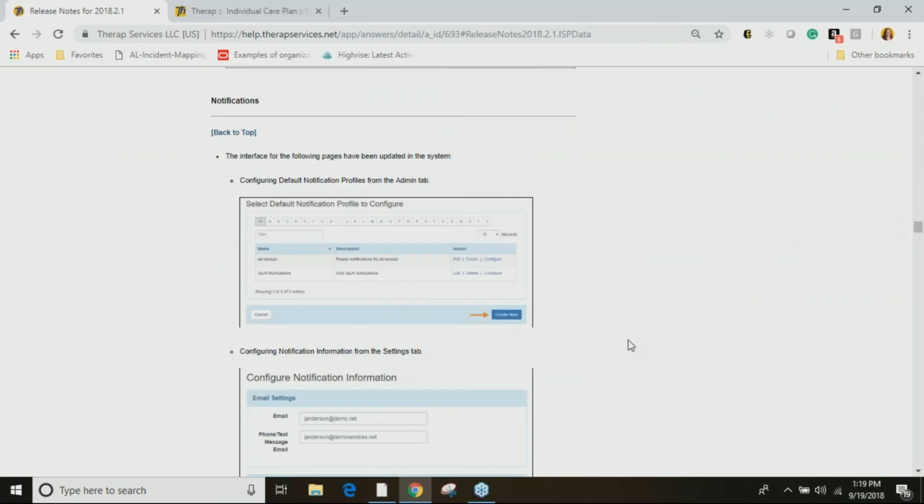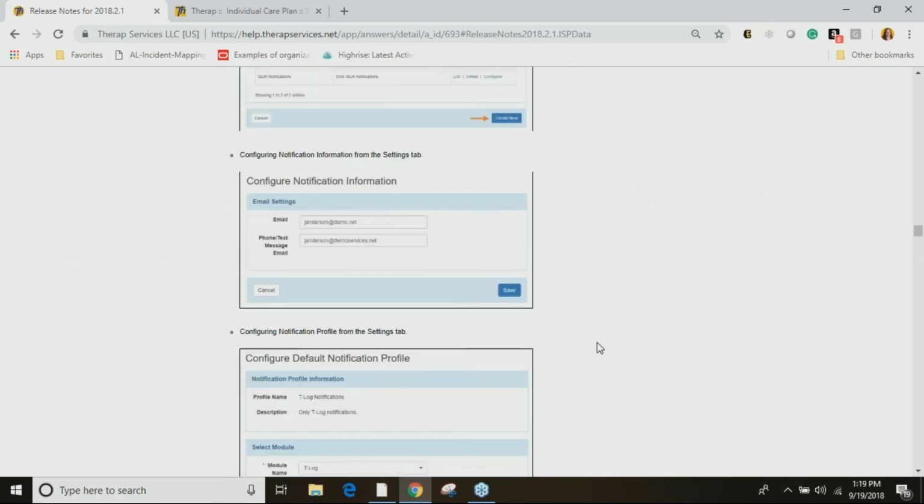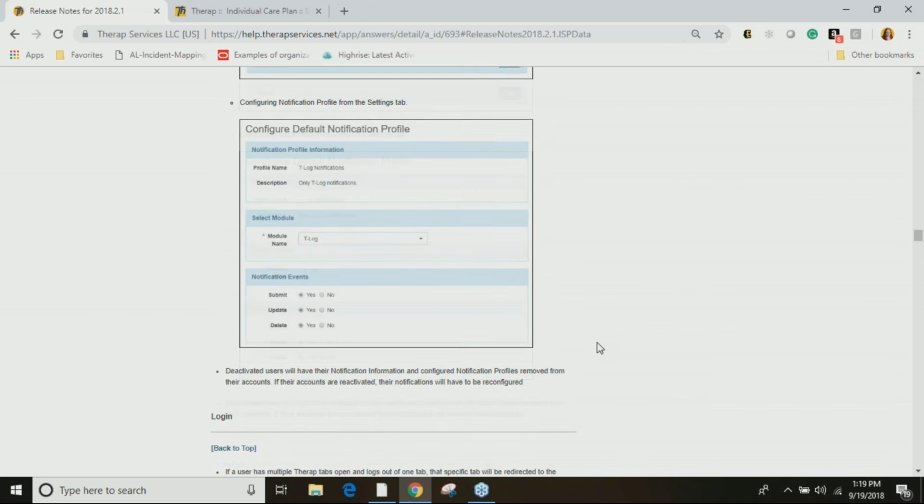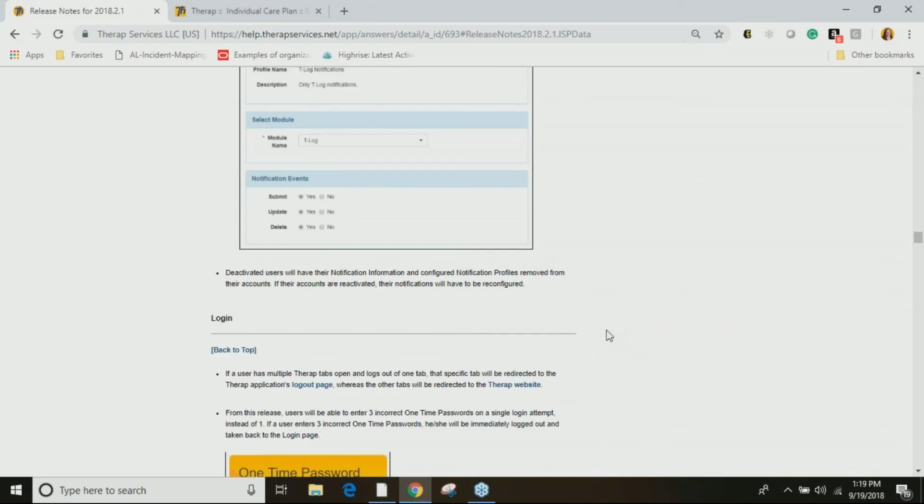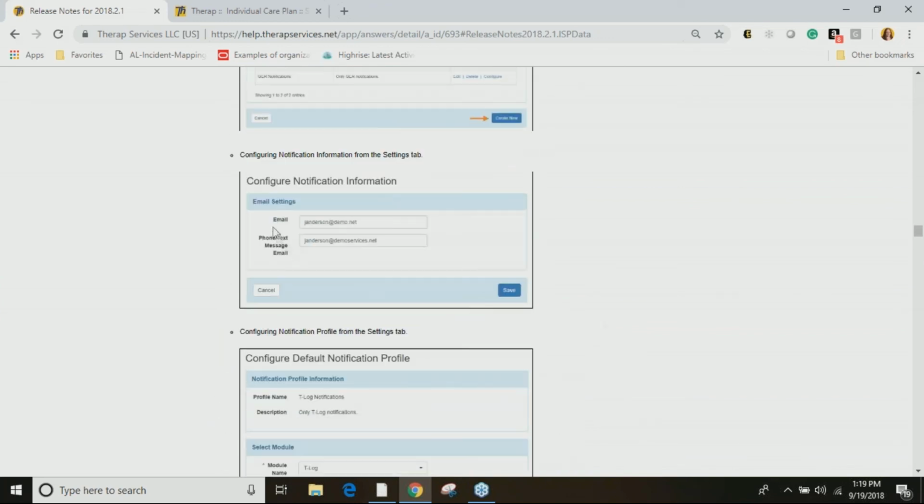Notifications, nothing is changing with notifications. Well, minus one thing I'll tell you in a second. As far as how they work, nothing is changing. It's just changing to the new user interface. You guys are probably getting used to this as we switch all the screens into that. The one thing that is changing is it used to say pager email, but it definitely said pager.